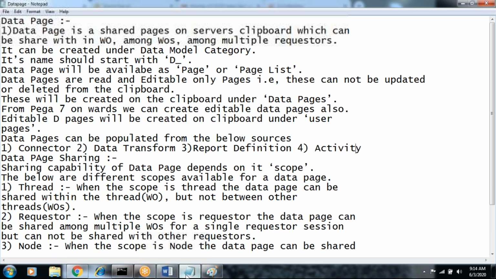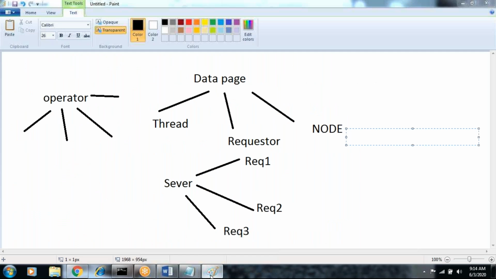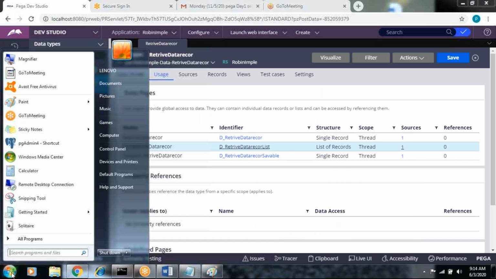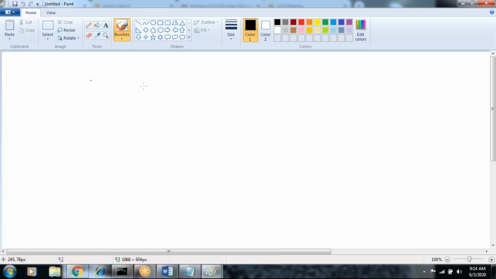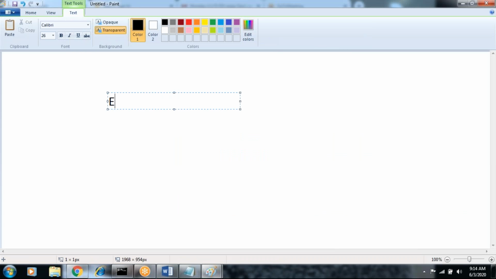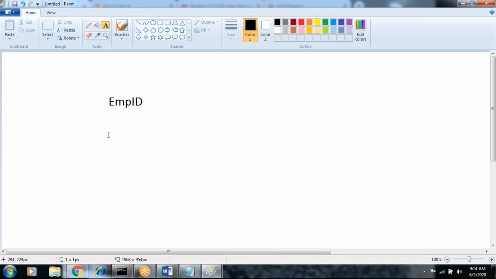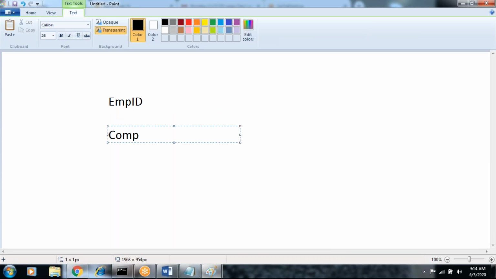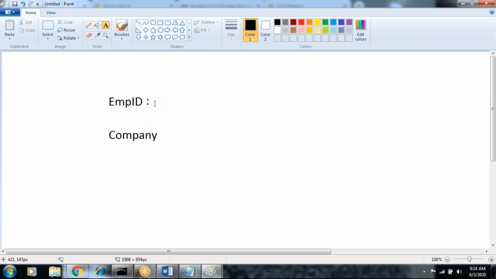So what is our task? Suppose I'm having a simple requirement. I'm giving one example and applying a different example. Here we have an employee ID and company, and we have some screens. Suppose you want to populate the drop downs for the company and employee ID. Suppose employee ID has some values like 1122.